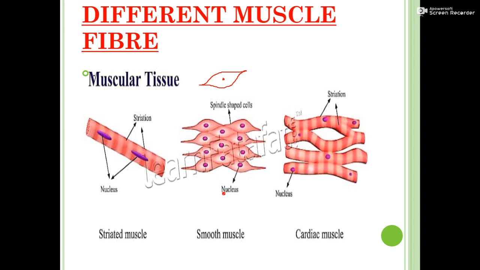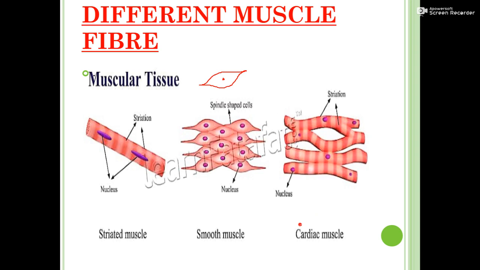As I told you, they contain only one nucleus. These muscles are also known as visceral muscles. Visceral is the name that comes from the hollow organ. All the hollow organs contain this kind of muscles, like our blood vessels, which are like a hollow tube, and like our intestine. So these muscles are present there.